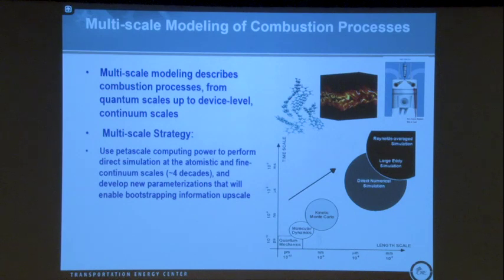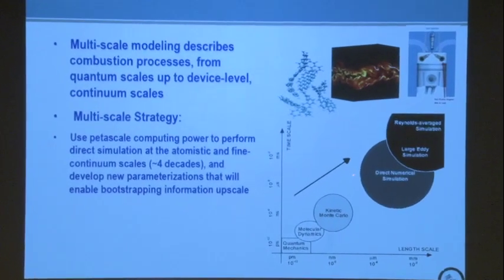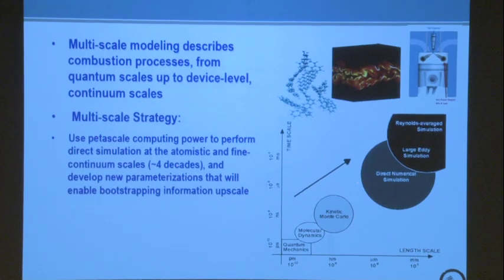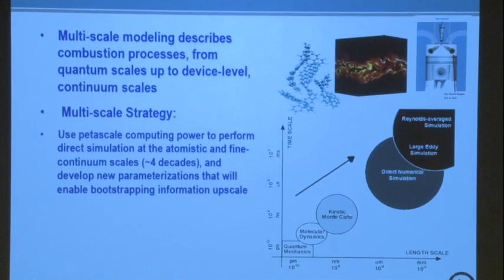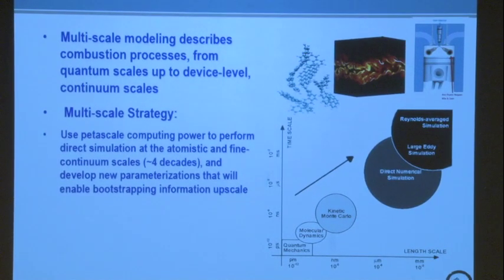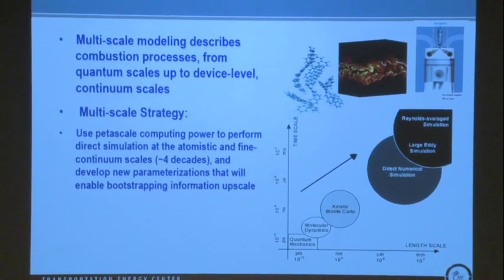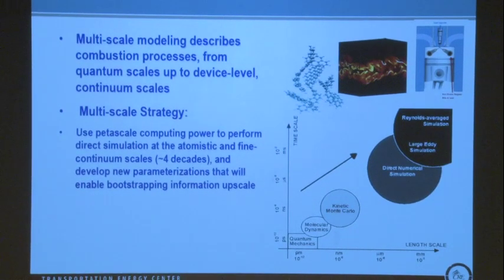There's also a move recently to go more down to smaller scales in the mesoscale region, where we are using particle methods like kinetic Monte Carlo and coarse-grained molecular dynamics or lattice-Boltzmann methods to start to look at interactions between particles of more fundamental chemistry parameters and their interaction with a little bit of hydrodynamics, and doing that at a more fundamental level by solving the Boltzmann equation rather than the Navier-Stokes equation. It's an exciting area. I'm not going to have time or scope to discuss that right now, but I think